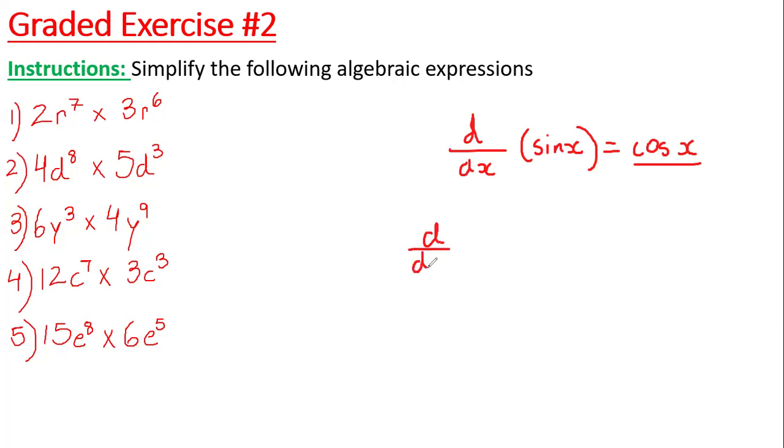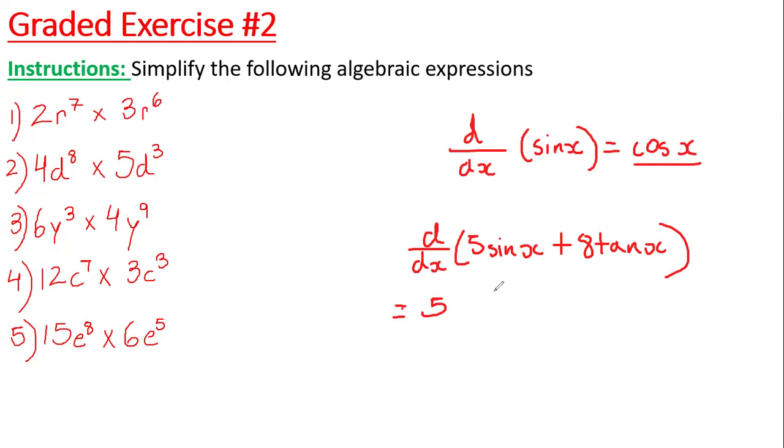Now when they combine them into a legit question, they would say dy/dx, and they would say, like, I see you have 5 sine x plus 8 tan x. Let's just do this one. What you have to do is apply the derivative, but you don't have to worry about the constant. The constants always go in front. The derivative of a constant is a constant. So now you just apply the derivative of sine.